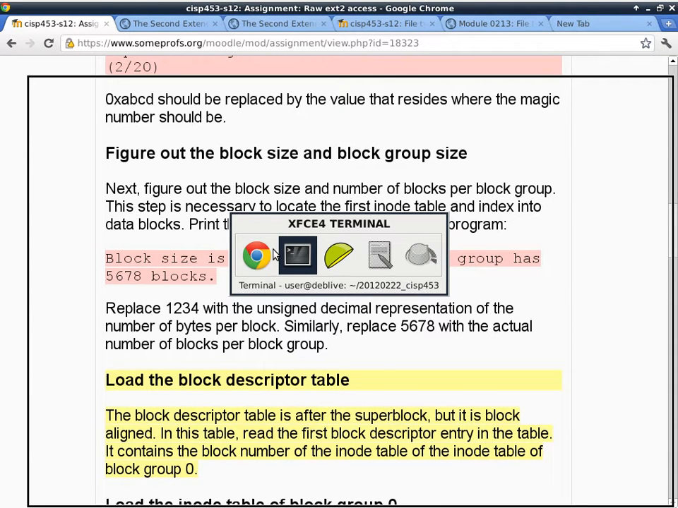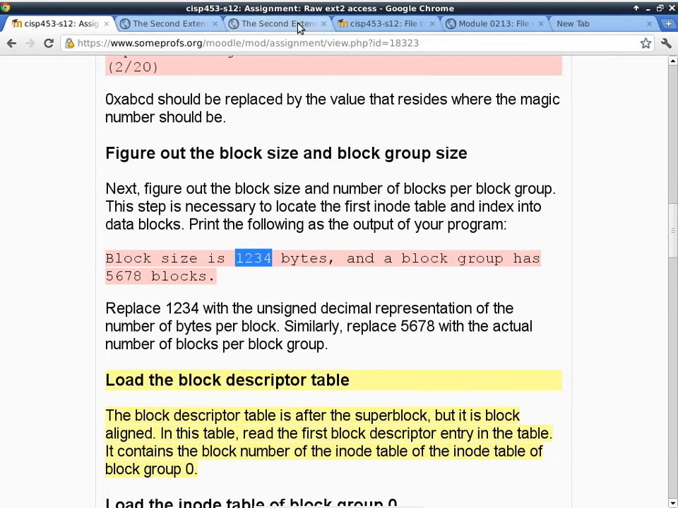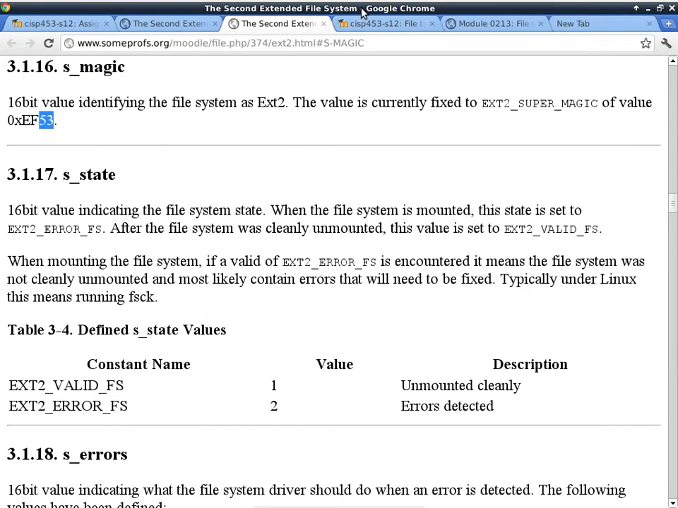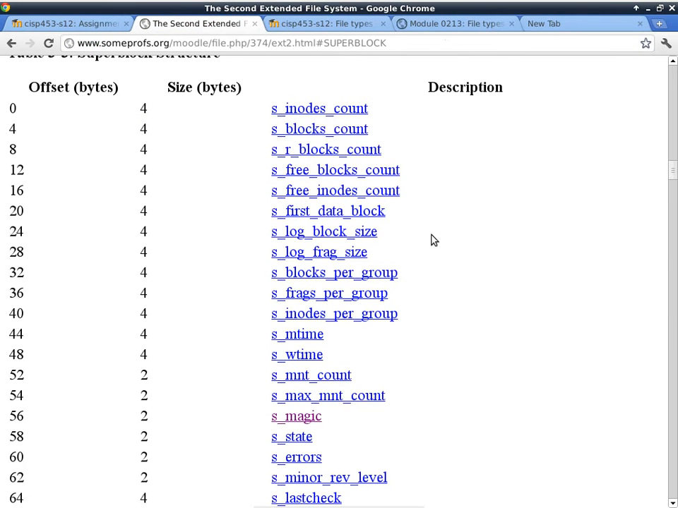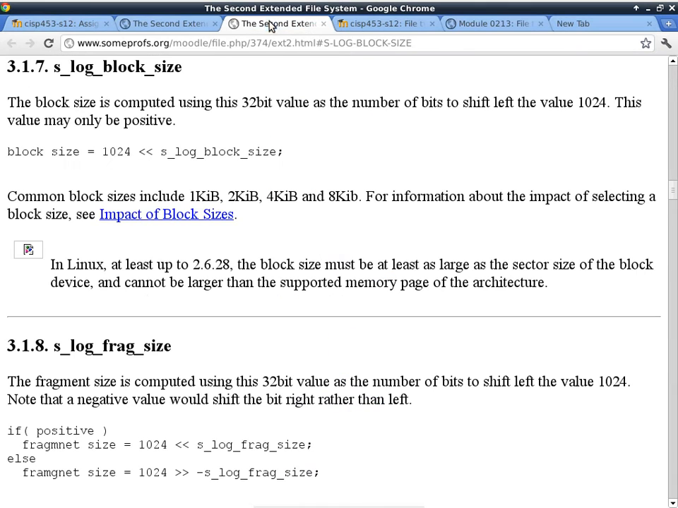And if you look into the documentation, okay, let's go back to the documentation here. If you look at the block size, this is block count, that's log block size. This is how we get to the block size. But remember, this is not the size itself, it is the log of the block size itself. That's actually not accurate either. Let's look at the definition of log block size and see what it means. It gives you this equation. The block size is computed using this 32-bit value as the number of bits to shift left the value 1024. Okay,